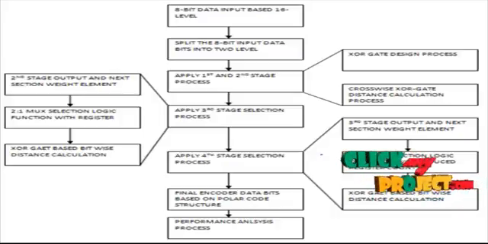The third stage output weighted element is passed into the two-input mux. The selection control is controlled by each of the selection mux architectures. Then the output without the register element is passed to the XOR gate functions. These XOR gate functions produce the final data bits, which give the final encoded data bits or polar code structure. Then to analyze the performance, we do simulation and synthesis analysis based on our overall performance analysis process. This is the final flow diagram for the polar code encoding architecture.